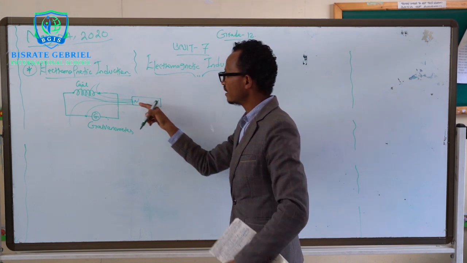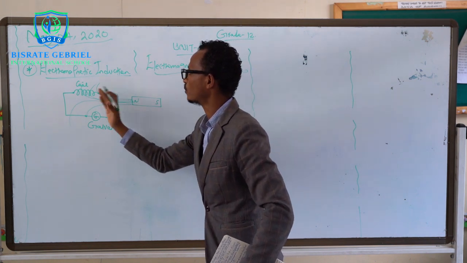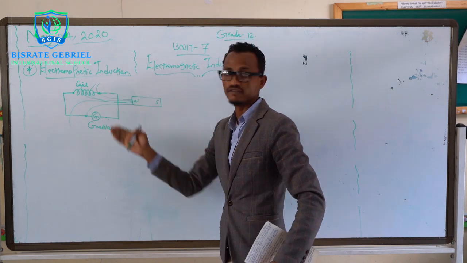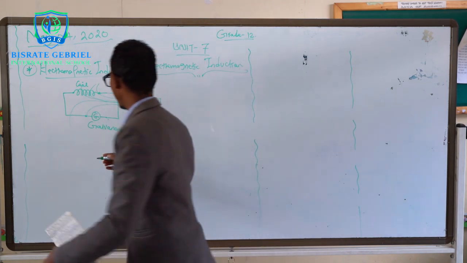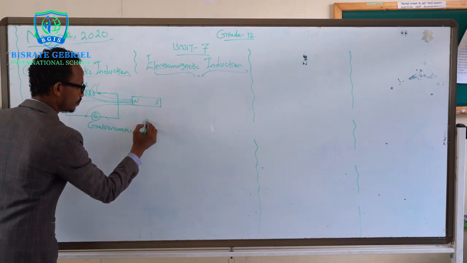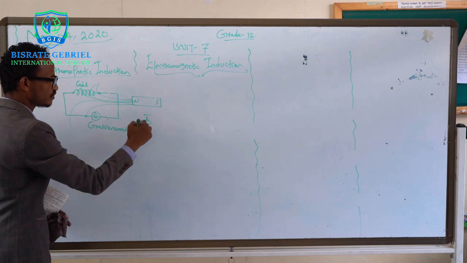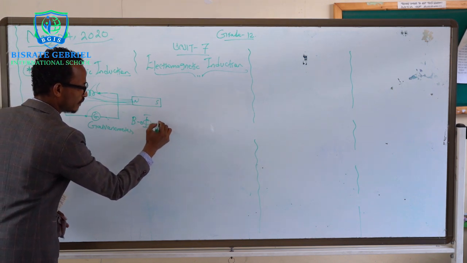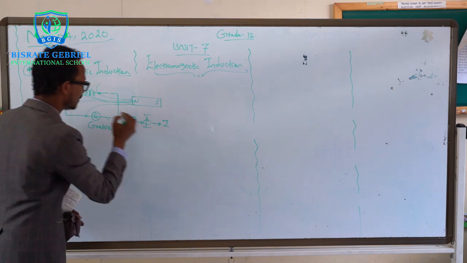And to do this, the field lines must cross or penetrate the area of the coil of wire in the given circuit. And this situation produces what? As you observed before, the magnetic field produces flux,